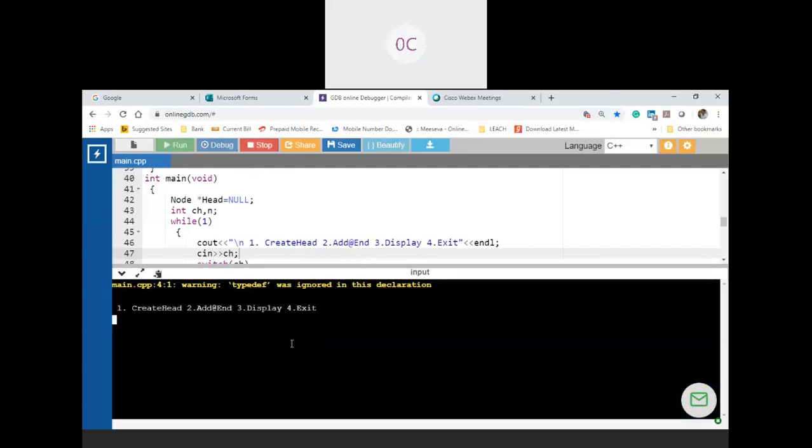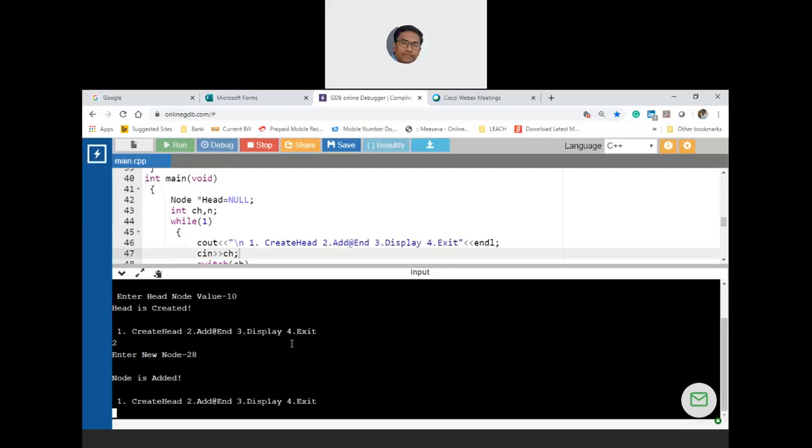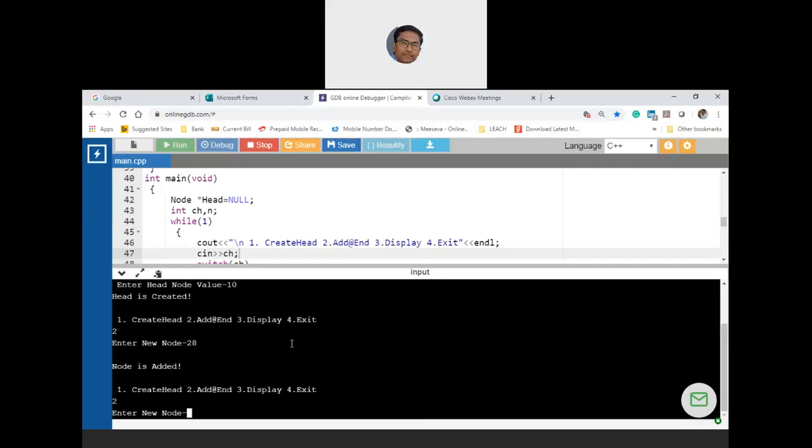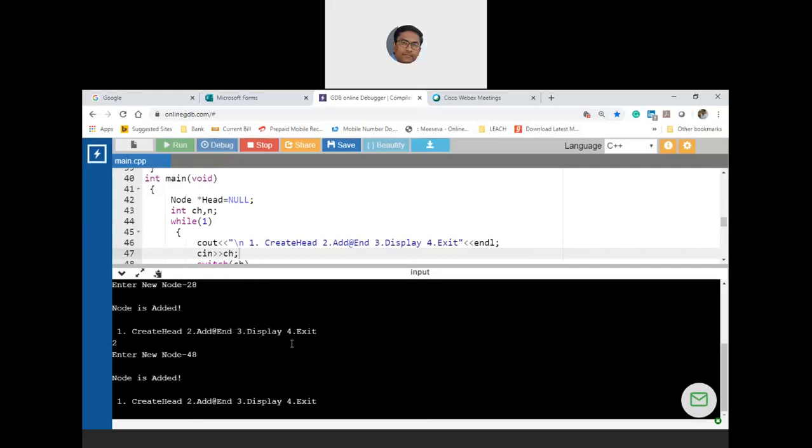So let me quickly compile this. So head node is 1, and then create head node, 1, and then head node value is, let us say, 10. Now add the node at the end, which is 2. Let's take 28. Now node is added. Now again let me add another node, which is 2. Let us add 38. 48 I have added.